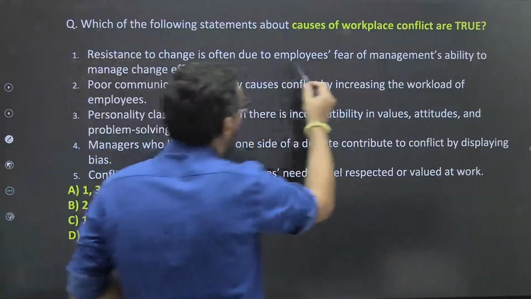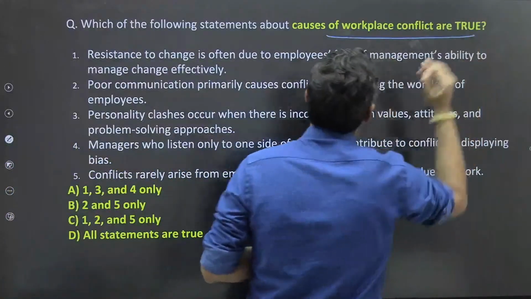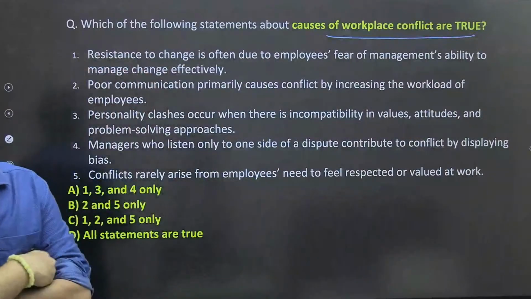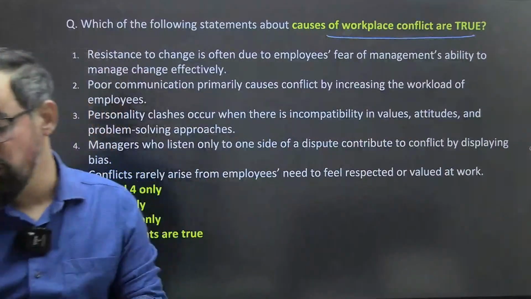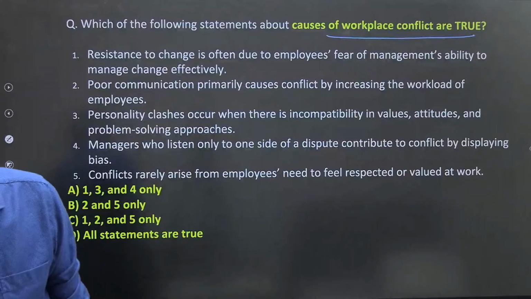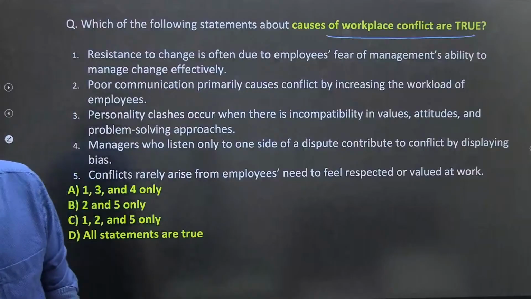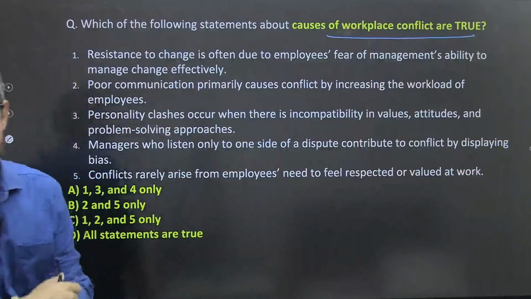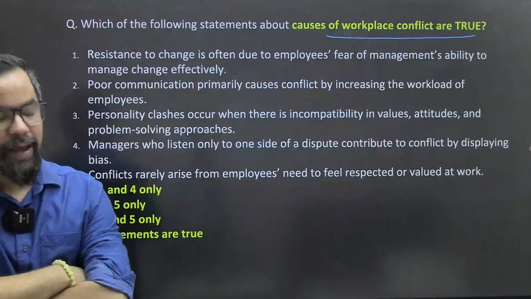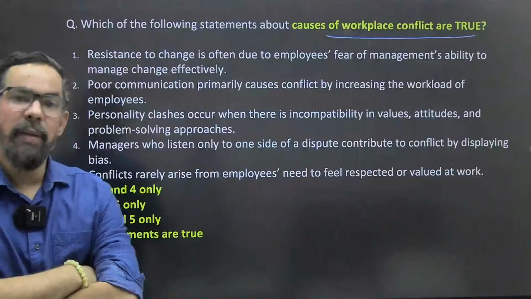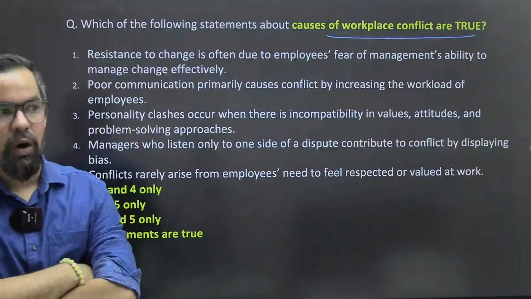Next one. Which of the following statements about causes of workplace conflict are true? Causes of workplace conflict, tell me, why does fighting happen in your offices? Sometimes we do fight, that is part of the work itself. But sometimes it happens, like a clash between the branch manager and assistant manager or frontline employees.